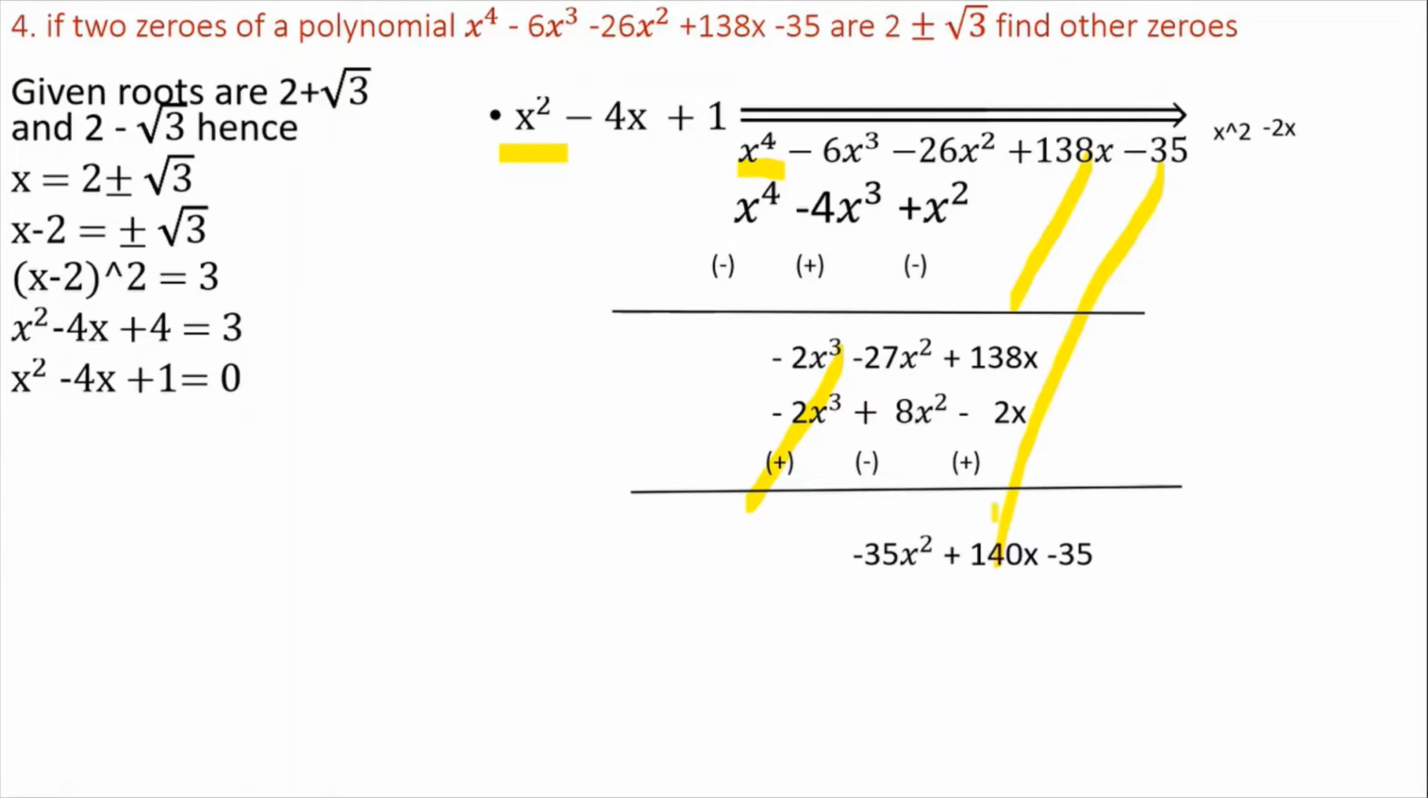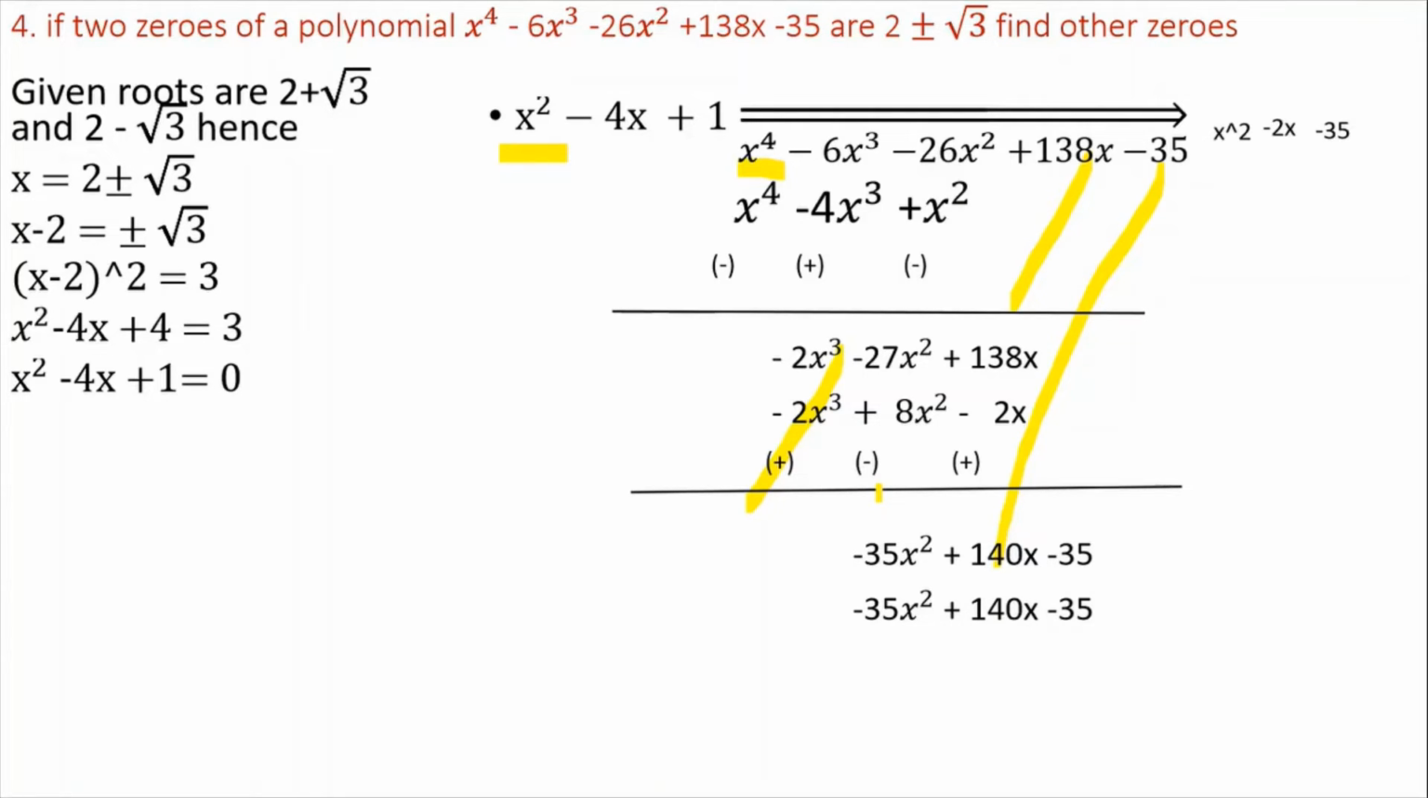Now, again we check the highest power of x in the divisor, that is x squared, and the highest power in the dividend, that is minus 35x squared. To convert x squared into minus 35x squared, we multiply with the coefficient minus 35. So minus 35 is added to the quotient. After multiplication, we get minus 35x squared plus 140x minus 35. Now, we have to change the signs to their alternatives